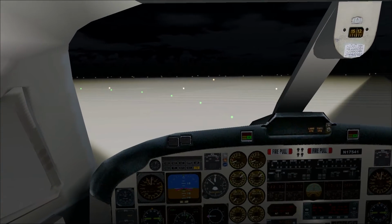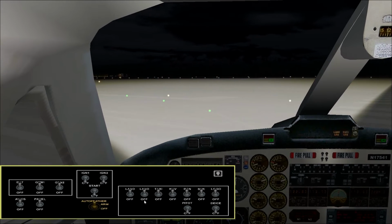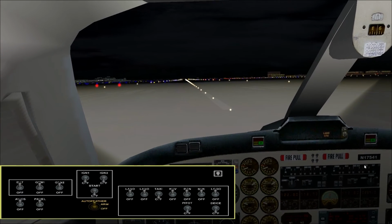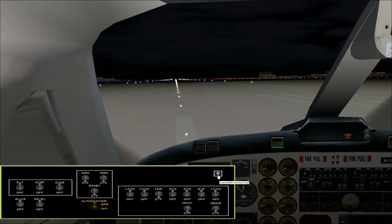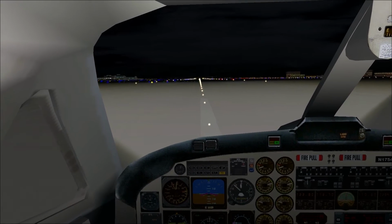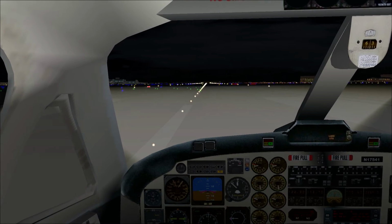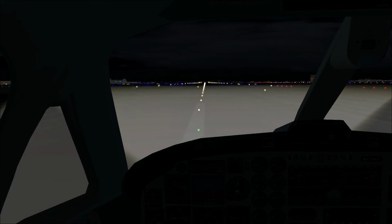It was written by an actual pilot who flew many hundreds of hours, if not thousands of hours, in the Beechcraft 1900. It's very cool to get a pilot's perspective on these aircraft add-ons and how they fly, and they can tell you all the details of how accurately the add-on developers recreated the aircraft. And Continental did a fairly good job. It's not perfect, but... And this pilot was flying in Alaska, and he flew this route between Fairbanks and Anchorage